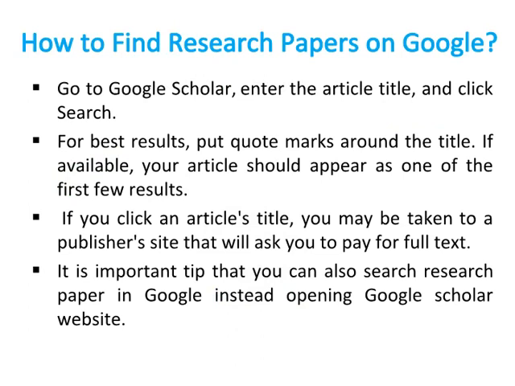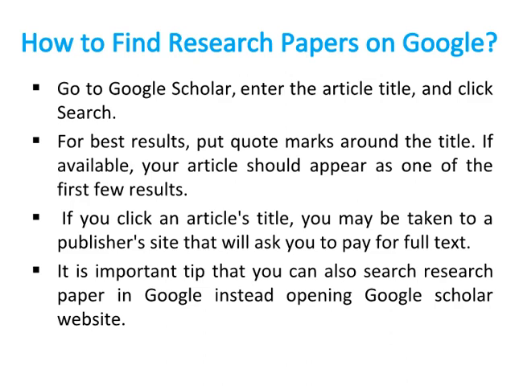Go to Google Scholar, enter the article title, and click Search. For best results, put quote marks around the title. If available, your article should appear as one of the first few results. If you click an article's title, you may be taken to a publisher's site that will ask you to pay